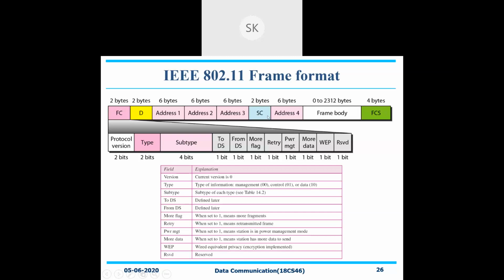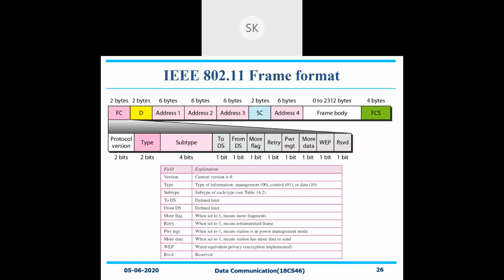The next one is SC. SC refers to the sequence control that you are having. Why is this sequence needed? What is the meaning of sequence over here? It's a 2-byte field that stores the frame numbers. It detects duplicate frames and determines the order of the frames for higher layers. That means if you have some particular sequences that need to be maintained, why do they need to be maintained? For avoiding the duplication of the frame. Frame numbers will be taken care of with respect to that particular area.